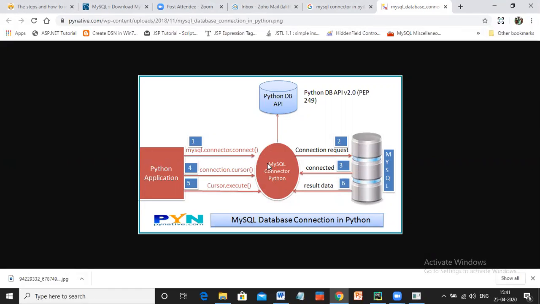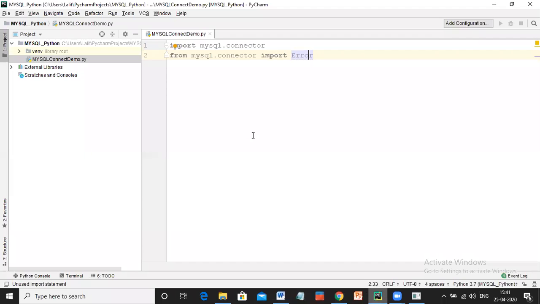And if by mistake your username or password is incorrect, it will throw an error like access denied, your username or password is incorrect. Such errors are present in this particular package. You can see this. So you need to mention this line.